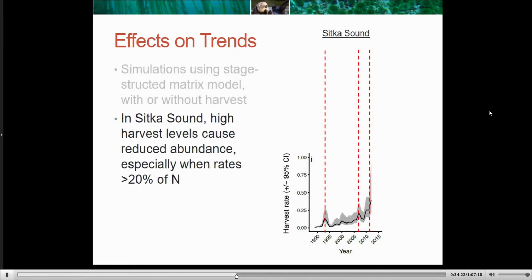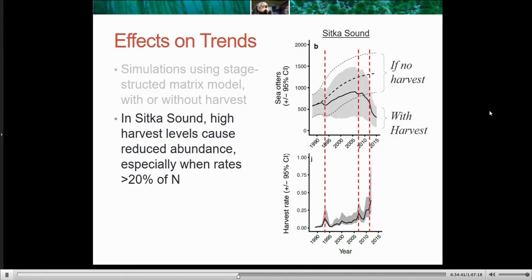In Sitka Sound, the bottom graph you see here is the graph you just actually saw. It's just showing the per capita harvest rate based on those tagging records and divided by the estimate of local population size. So you can see again, there's certain periods where you have spikes in that harvest rate, and I've marked those with red lines. And I did that so that you can overlay that with what the model is predicting in terms of population dynamics, both